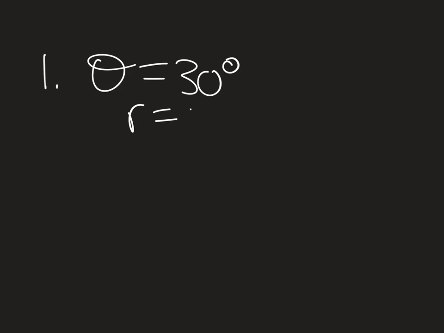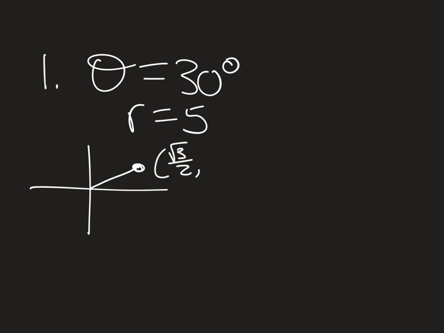So let's start with number 1. It says that theta equals 30 degrees and my r is 5. So if we go to 30 degrees, which is right here on the unit circle, the ordered pair there is root 3 over 2, comma, 1/2. So we're going to use this information in our trig definitions. Cosine of theta equals x over r. So in our case, it's going to be the root 3 over 2